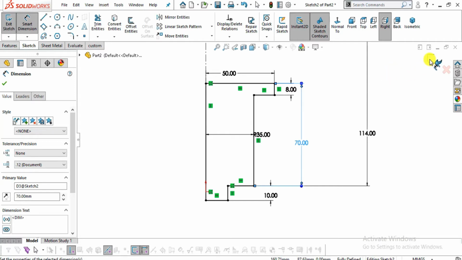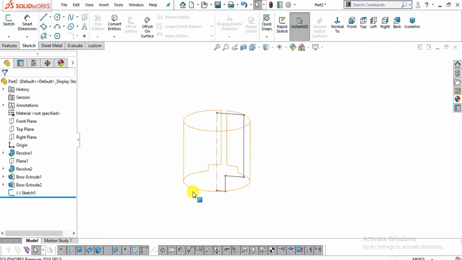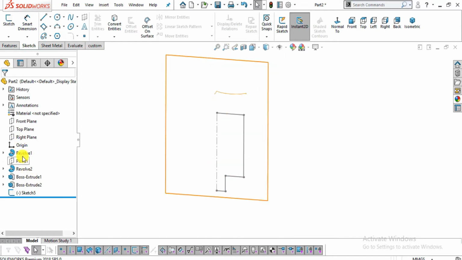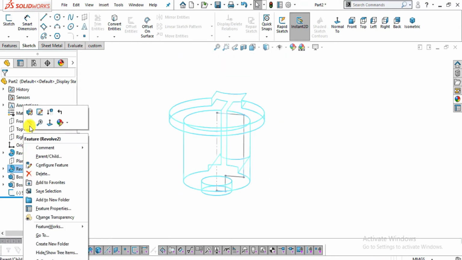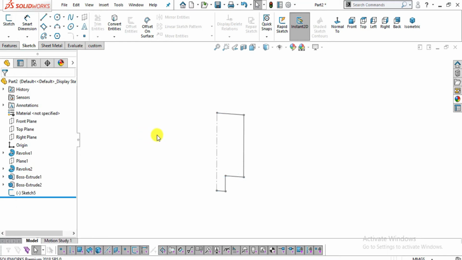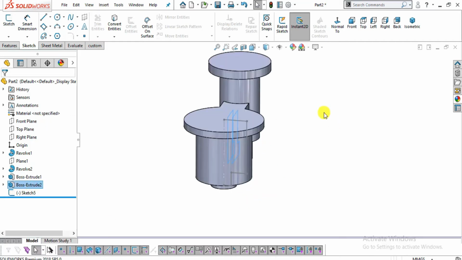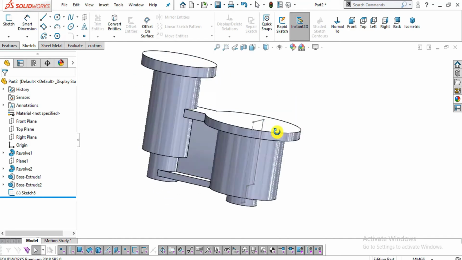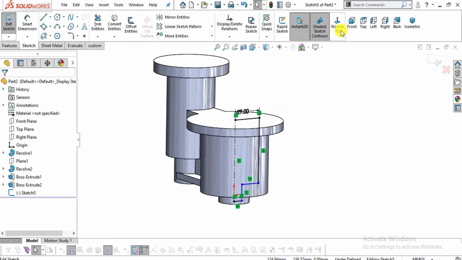Now sorry, looks like it is hidden. So I will select this one and click here show. Now it is good. Now I will edit this sketch which I was creating earlier, normal to.